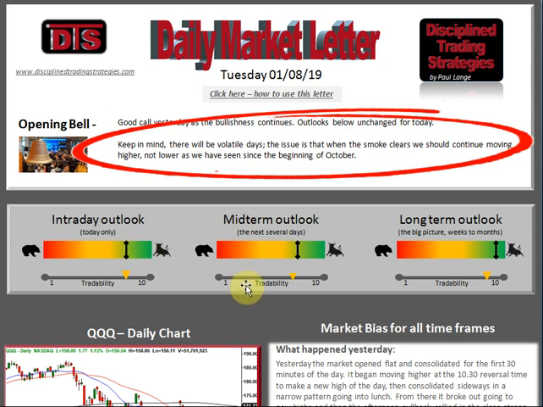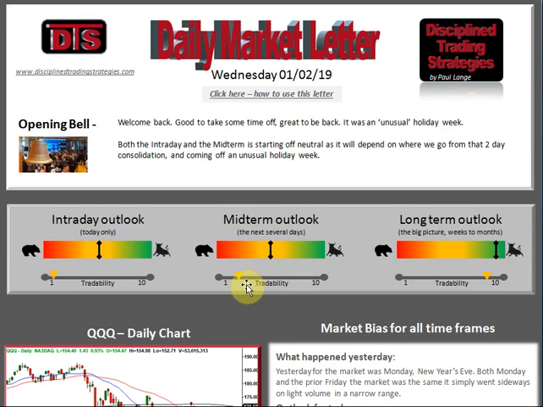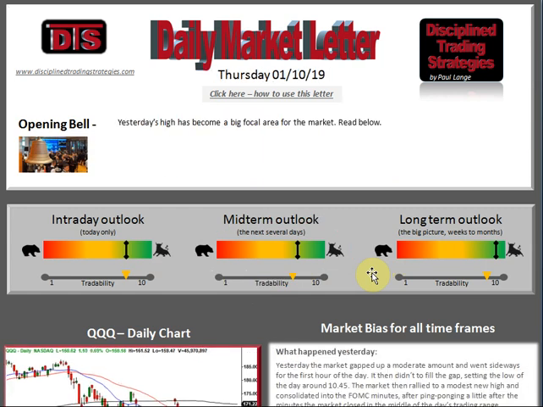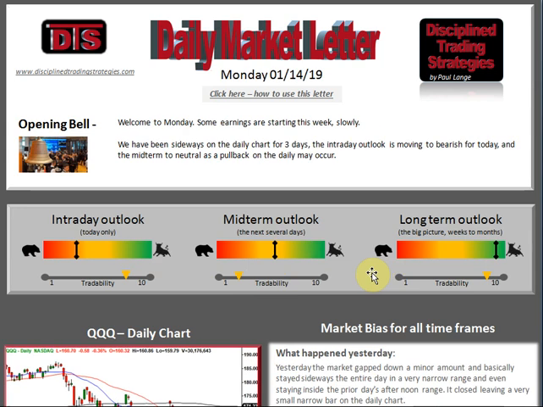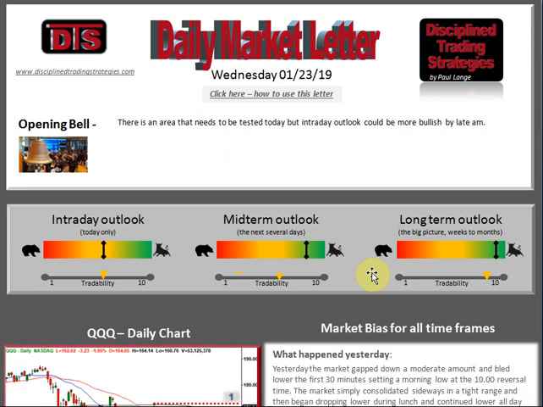If you keep a look at this midterm outlook, let me go back to when it changed. So midterm outlook, even before it was confirmed, went to neutral because I felt we were going to turn. And then once we went to green, this midterm outlook has never gone red again since January 7th. The intraday will change all the time. Long term is pinned green. But this one, day after day, the next day, the next day, it's green, green, green, green, green. It goes to yellow a couple days when we hit key areas to see if we're going to react to it. We never reacted. Green, green, stays green the whole way up.